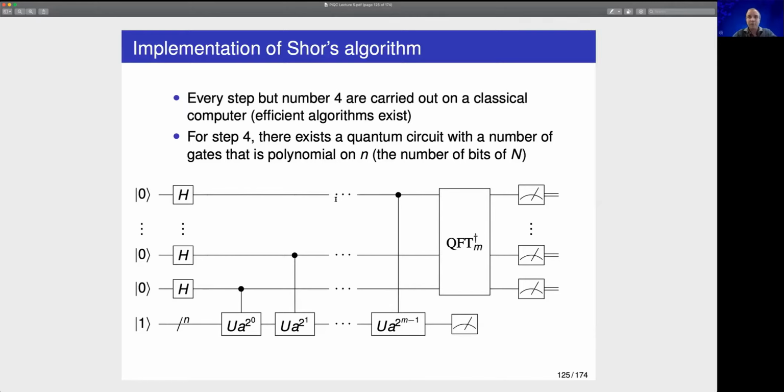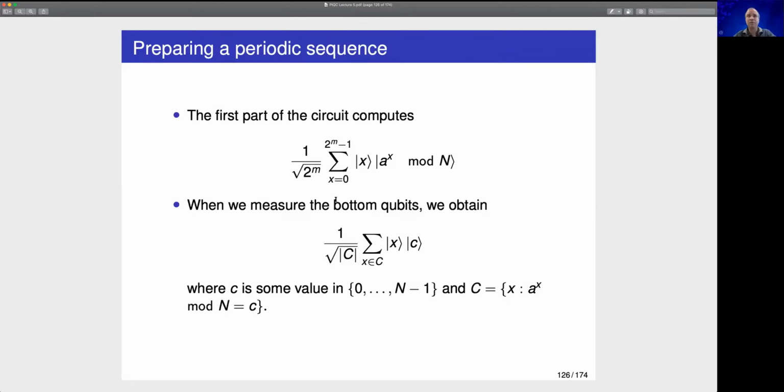And now I'm going to explain why each of the parts does a helpful computation for finding the period, and how it works in detail. Okay, so let's focus first on the first part. As I've mentioned,